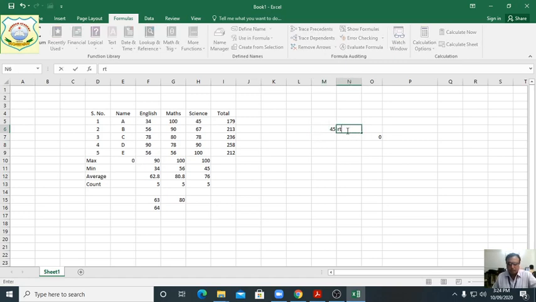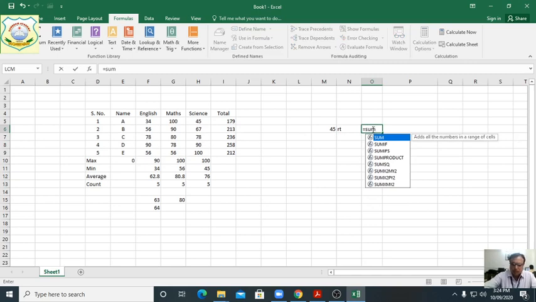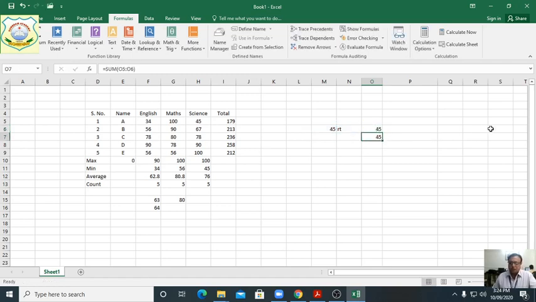This is, see here, equal sign, then sum, bracket, colon. What answer will come, students?